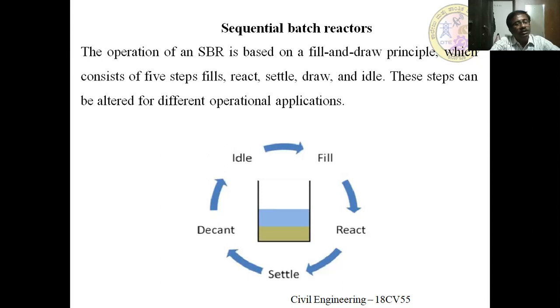And also there is a modification. If you want to improve the removal efficiency and all these things, the intermediate cycle extended aeration system, ICAS, is one of the newly developed or modified sequential batch reactors in which the flow enters the reactor on a continuous basis, and also baffle valves are introduced which may buffer this continuous flow.